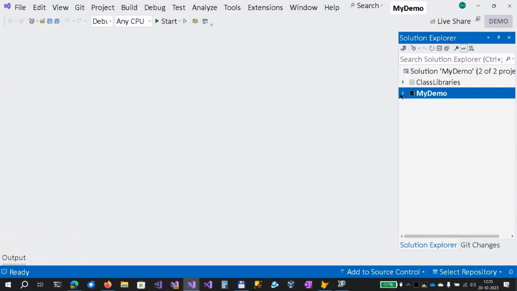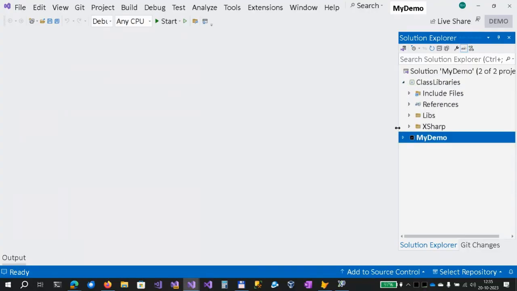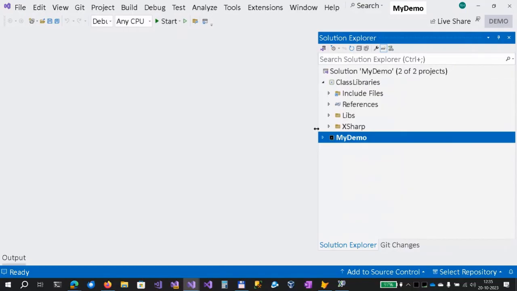In this situation, we have converted my demo project itself to a project in Visual Studio, but we've also converted the code that we found in the class libraries into a separate project. Of course, if these class libraries were used by one of your other projects, you wouldn't have to convert them again. But then you could swap it out and put the class libraries in the other project as well.